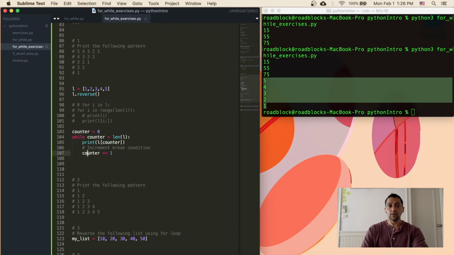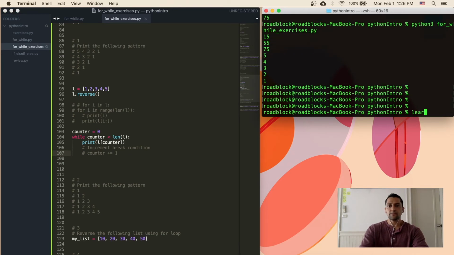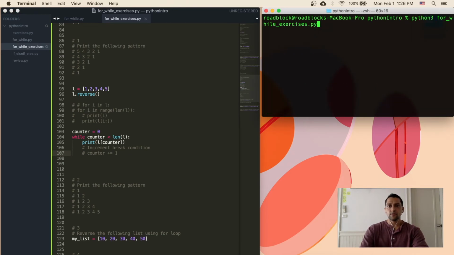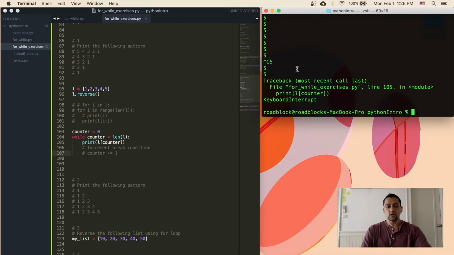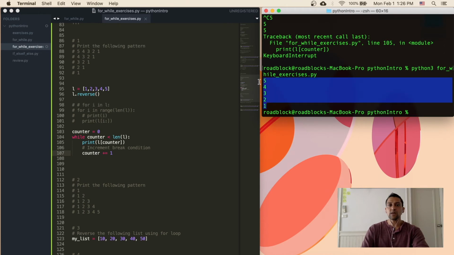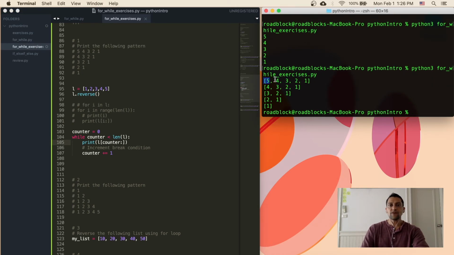And it breaks now. So what if I didn't have the counter increment in there? What happens? Oh no, now it just keeps on going and never stops. I need to hit Control C to break out. All right, so I need my break sequence in there so it doesn't keep going, and we stop: 5 4 3 2. Now I can use the same exact logic with the counter there and write it like this, and we get 5 4 3 2 1, 4 3 2 1, 3 2 1, 2 1 and